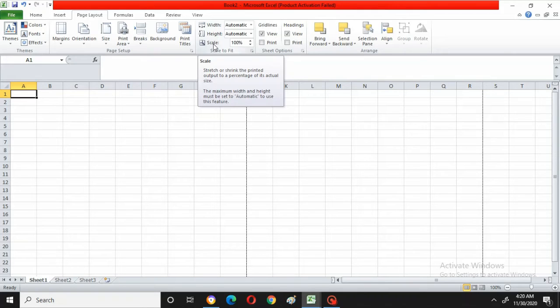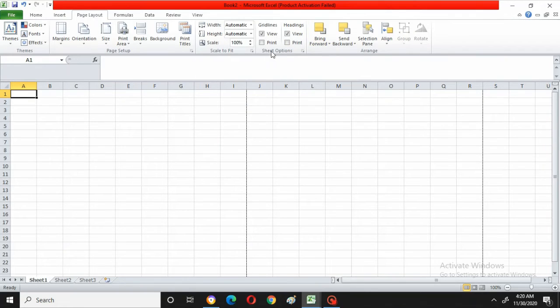It will stretch, making the data big, or shrink, closing up the data to some amount, to fit the data in the page.